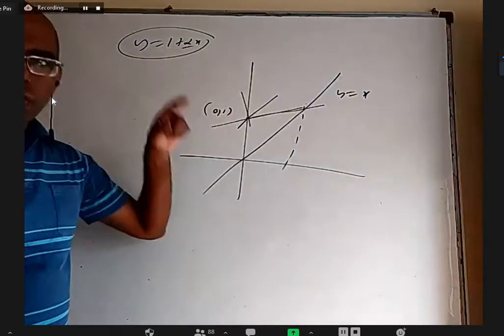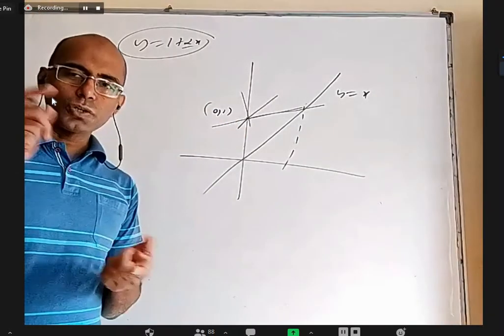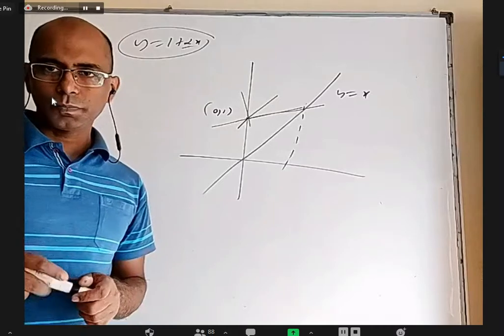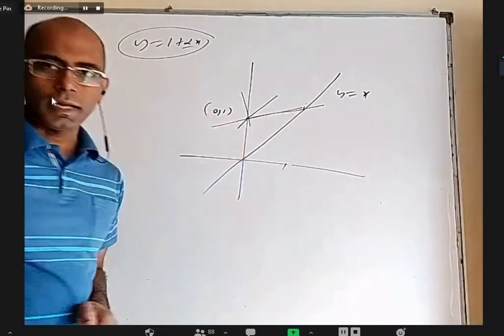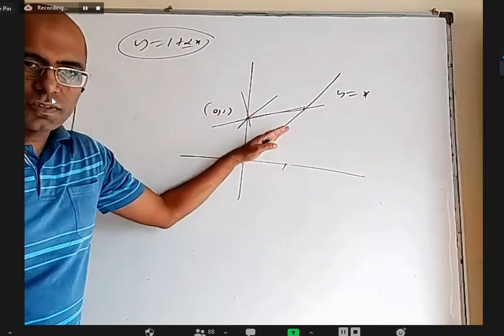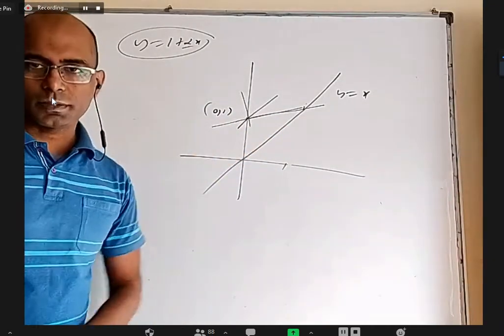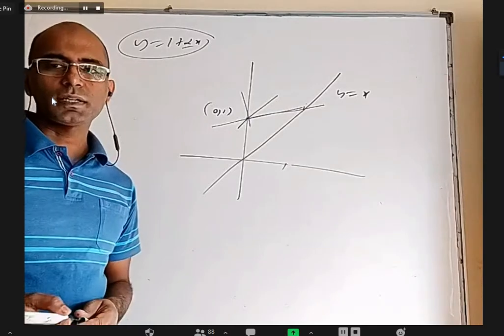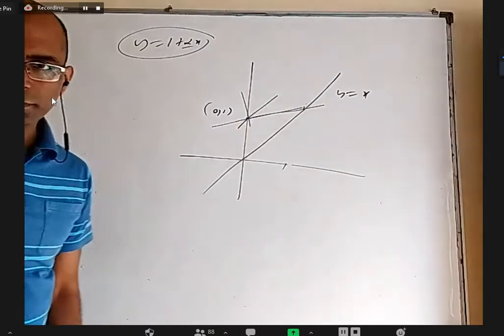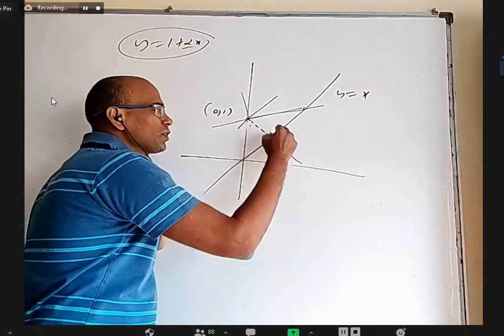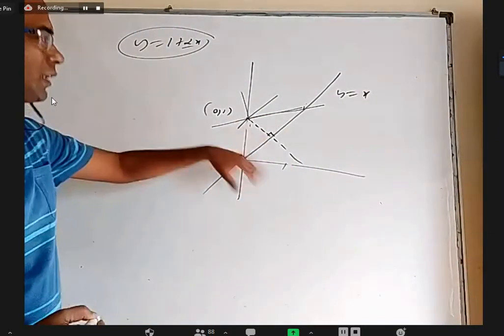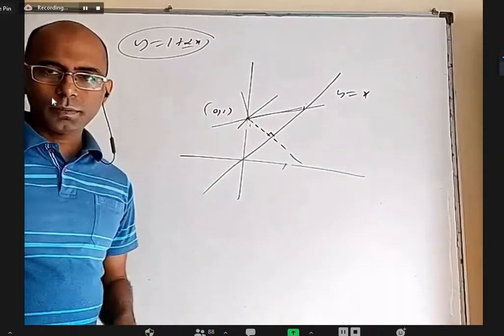So through this point, I should draw a line such that that should be f of x, and that should be f inverse x also. So tell me, through (0, 1), how should I draw a line, after finding the mirror image with respect to y equals x, such that the mirror object and image match? How should I draw that line? Yeah, just draw a line perpendicular to the mirror. Then the mirror image will be the same line only. Am I correct?